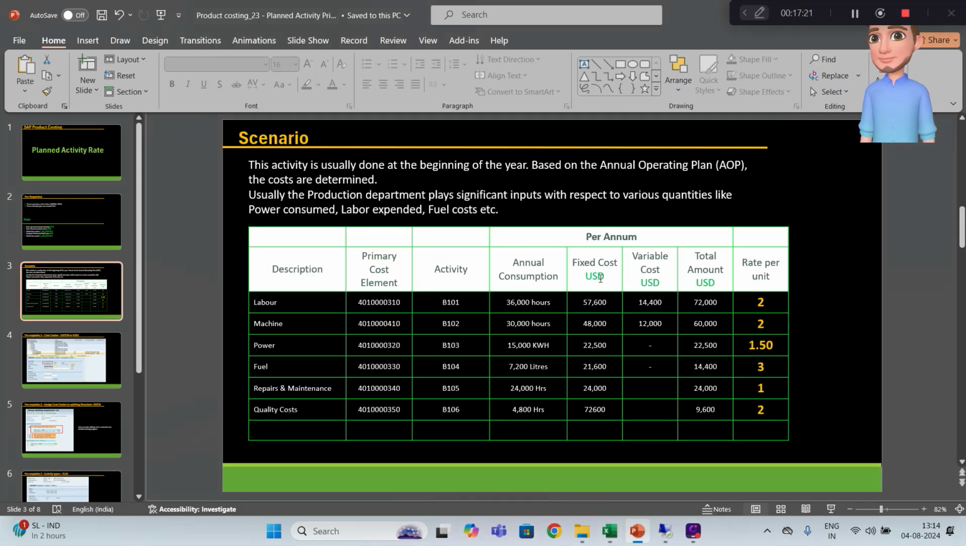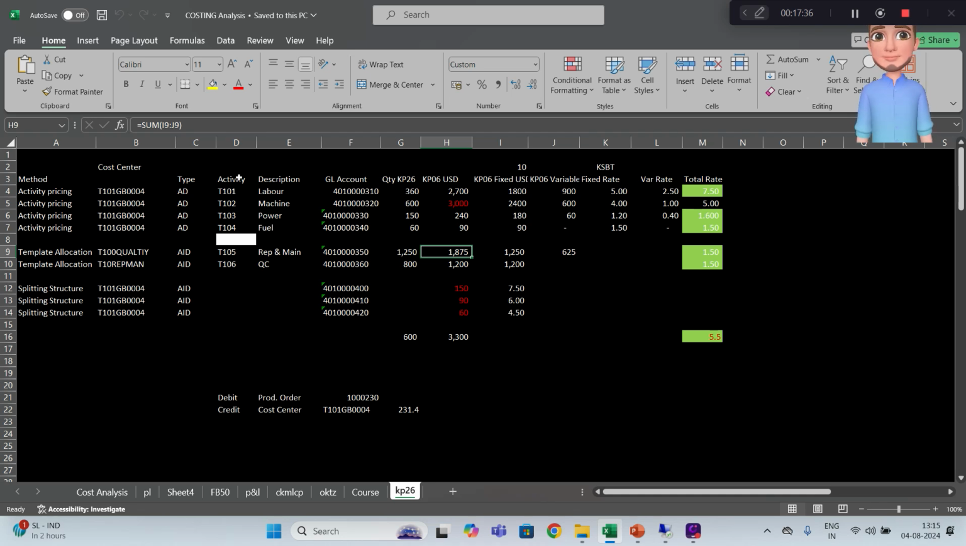Was it in PowerPoint? Yeah, it's in PowerPoint. 36,000 hours, 30,000 hours, 15,000 hours, 7,000 hours. So let me just copy these. Okay, I'll make an Excel out of it. Okay, so this is the activity pricing. Now we are going to do for BB10,